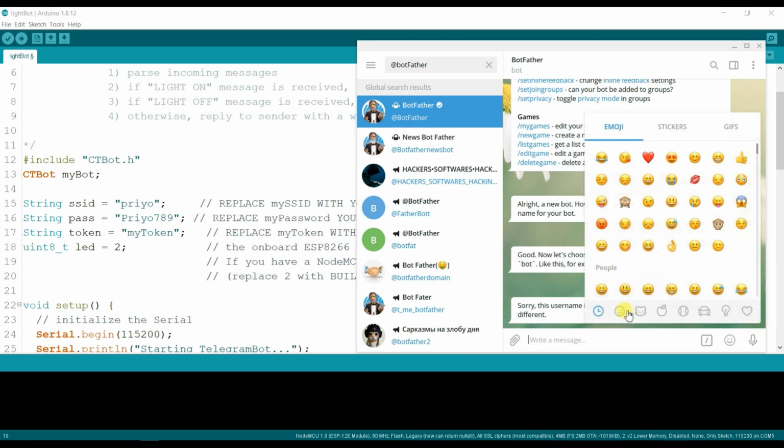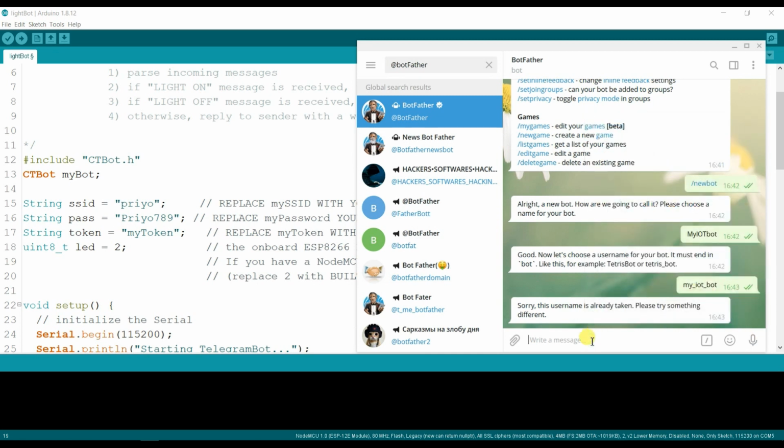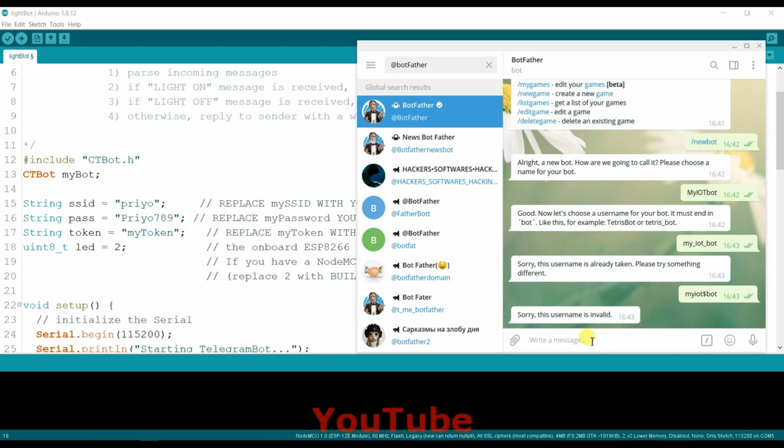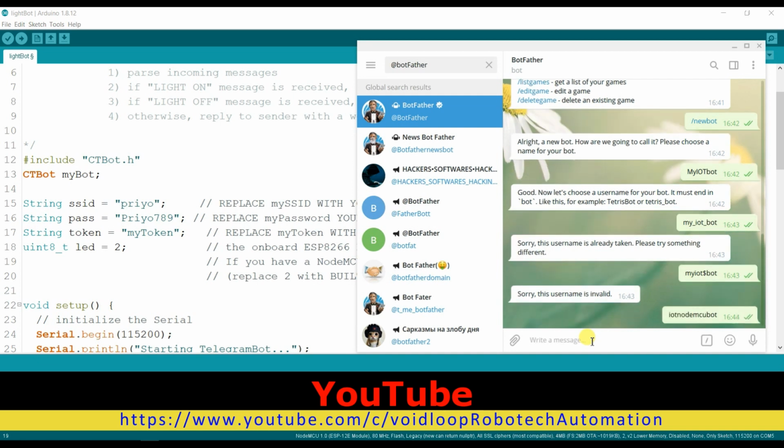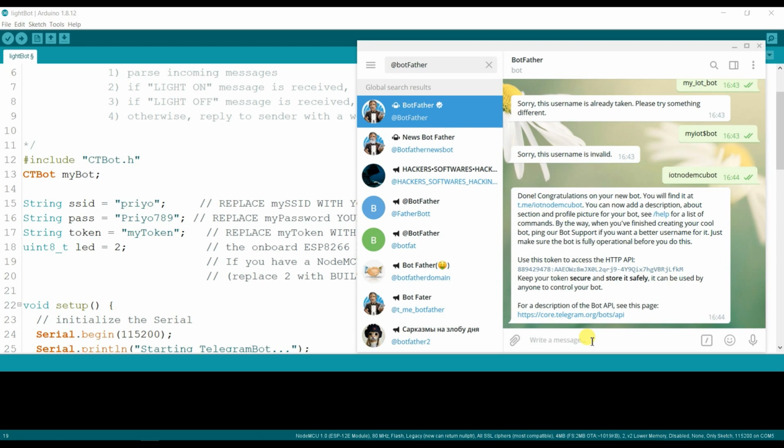Sorry, this name has been already taken. My IoT bot. Okay, IoT node MCU bot. Wow, congratulations.